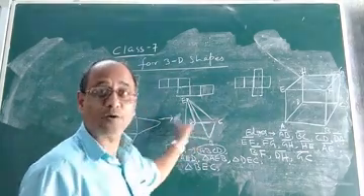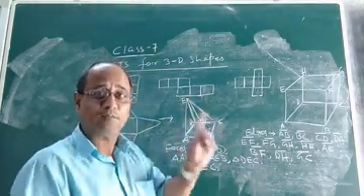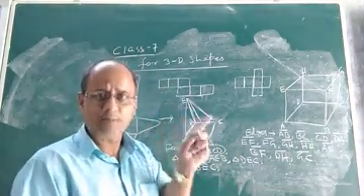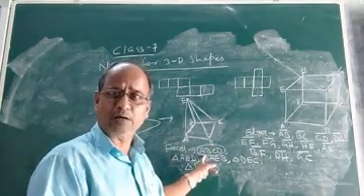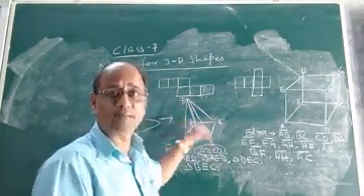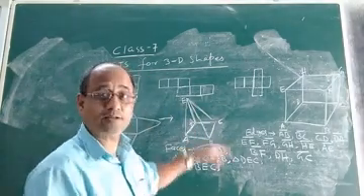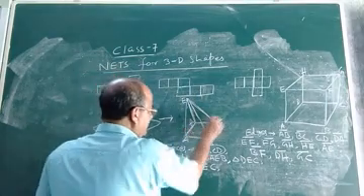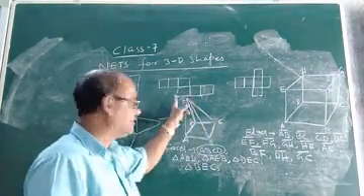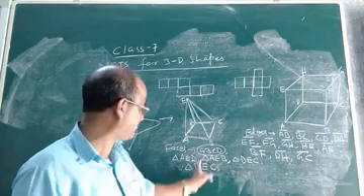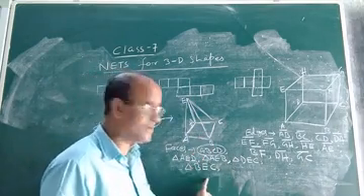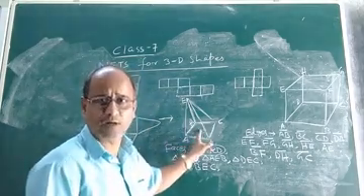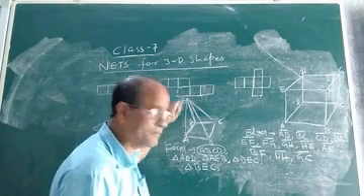But what about the other lateral faces? As I had told you, the other lateral faces must be triangles only. In a pyramid, the base can be any polygon, but the other lateral faces must be triangles and they should be joined to a common vertex. See, vertices A, B, C and D are all joined to a common vertex E. That is the reason why the lateral faces are triangles. These are the lateral faces, 1 face, 2 face, 3 face. That means 4 lateral faces are triangles and the base is a polygon, that is a square. So it is no doubt a pyramid.